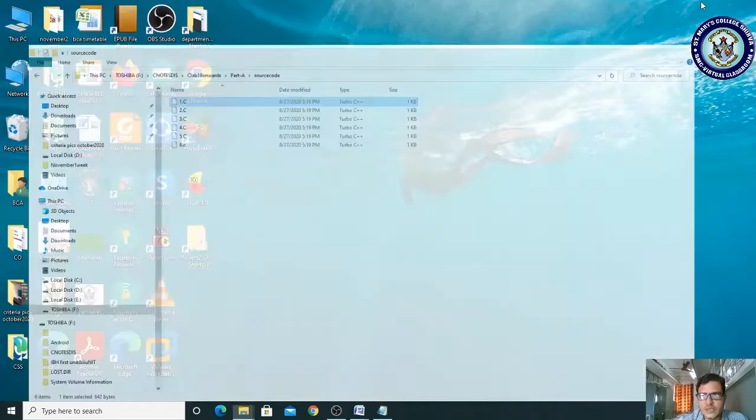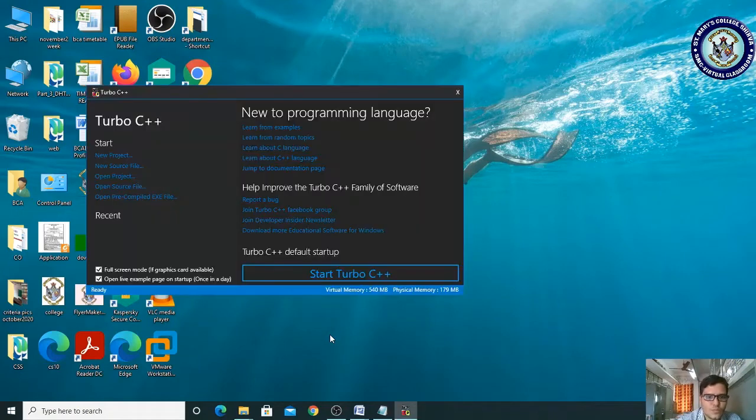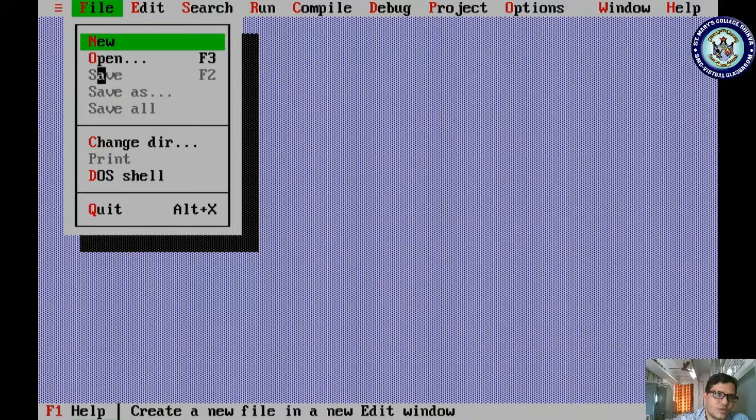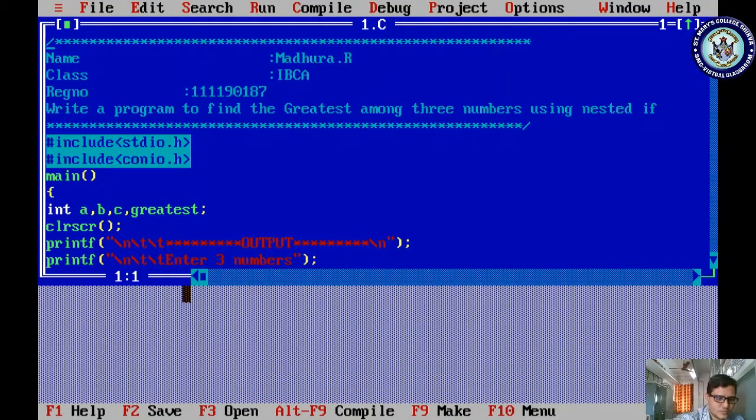Now minimize it and open my Turbo C++ editor. Start Turbo C++. What is our program name? 1.c. This is our program, right?